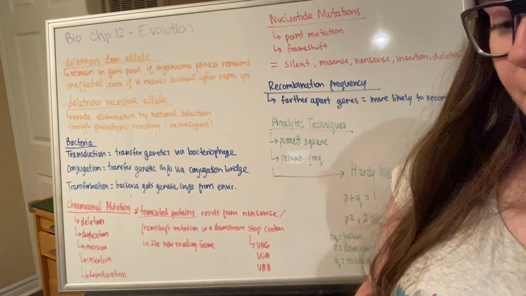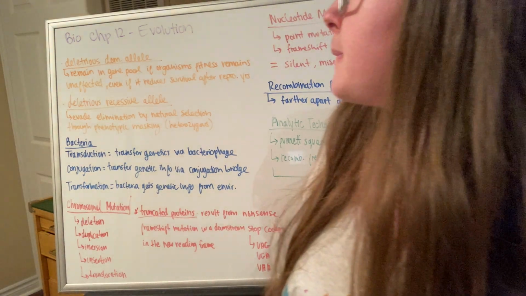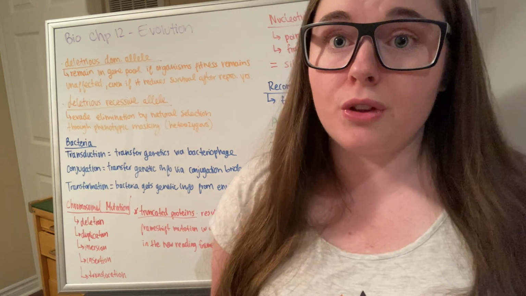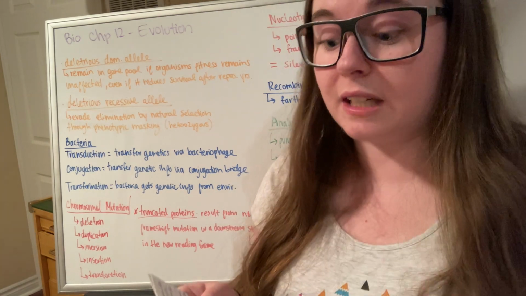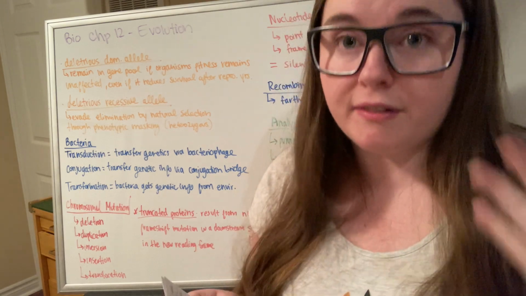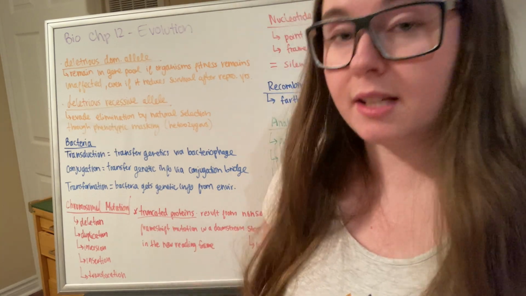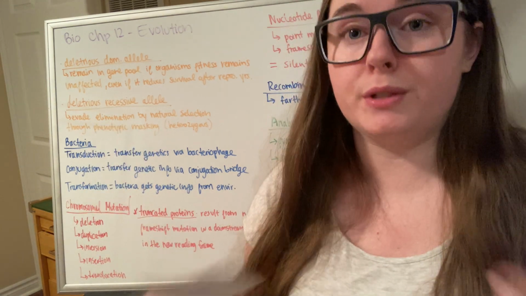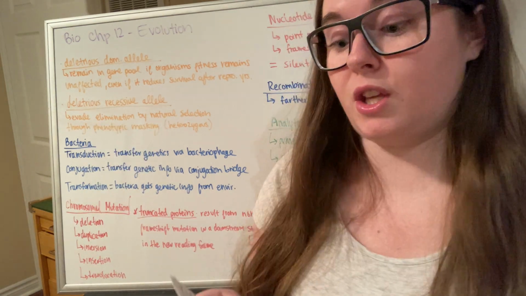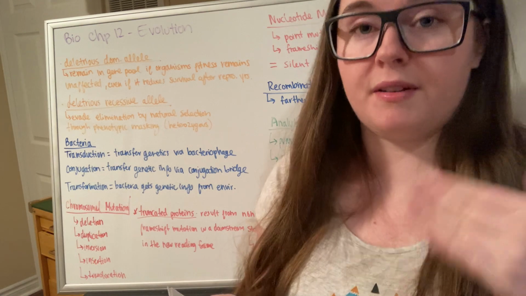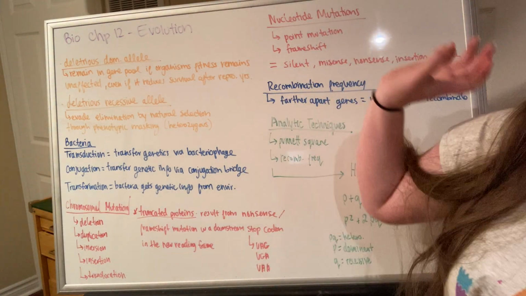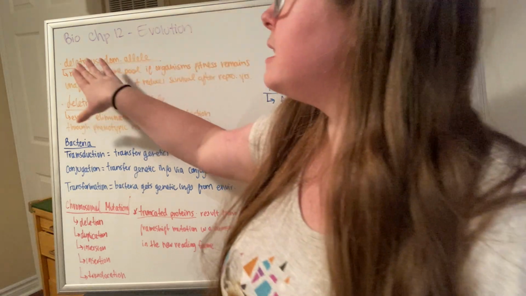So for one, I kind of skipped over this basic foundational vocab. So we still have alleles, genotype, phenotype, dominance. Those are all words that I'm assuming, if you're watching this video, you already know. If you don't, definitely look them up. So alleles, genotype, phenotype, recessive, dominant. Okay. So next, we're going to look at deleterious